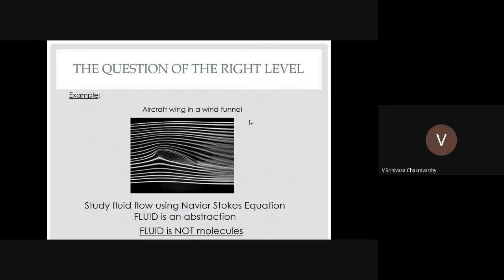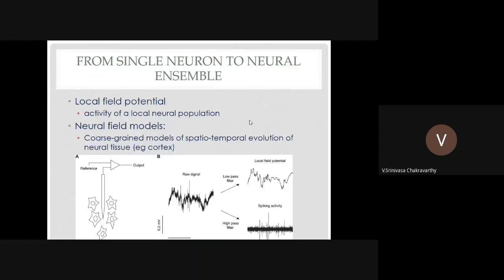But just because you're talking about an average or statistical thing, your description is not vague or fuzzy. It's very precise, very accurate. The Navier-Stokes equation is not fuzzy or vague. It's very accurate. But it's an abstract thing. It's not dealing with single molecules, and that is why it is so powerful. So if you take this analogy even to the neuronal case, the brain case,